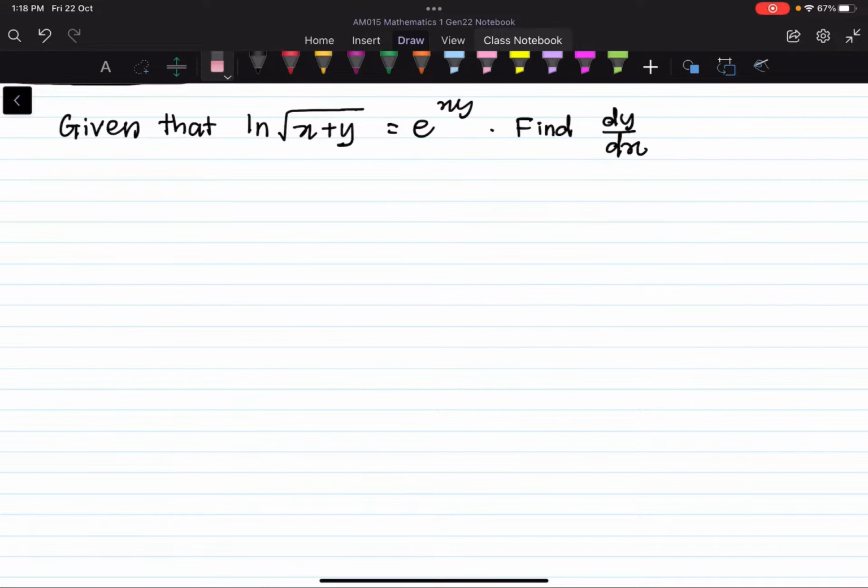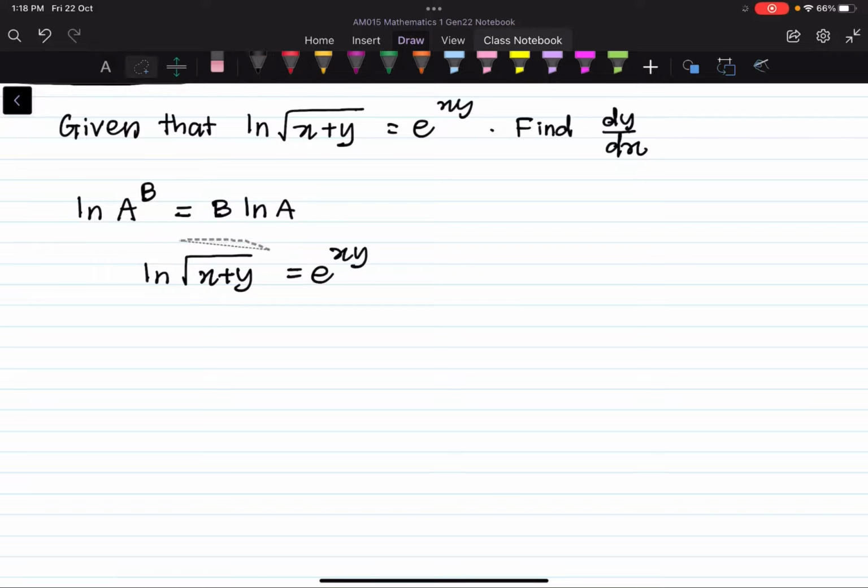Given that ln √(x+y) = e^(xy), find dy/dx. So, the first step, we can use the rules of log, which is ln a^b, where we can bring down the power b and multiply with ln a. So if we have ln √(x+y) = e^(xy), we can apply the rule just now to this question,